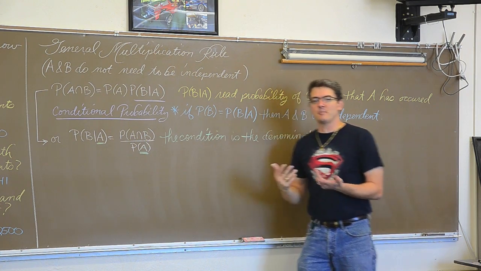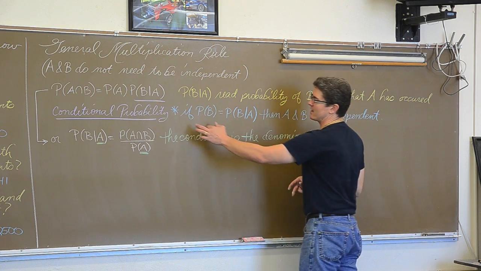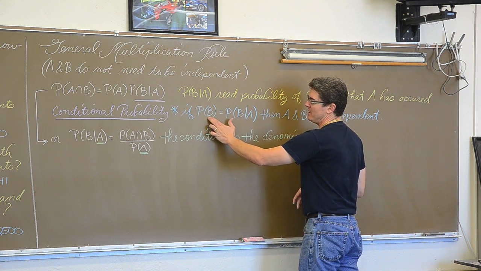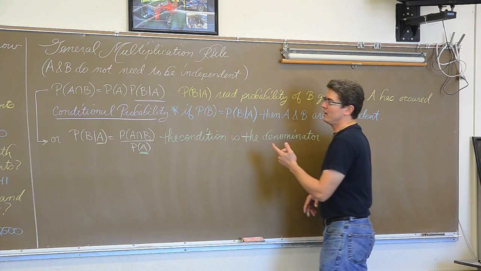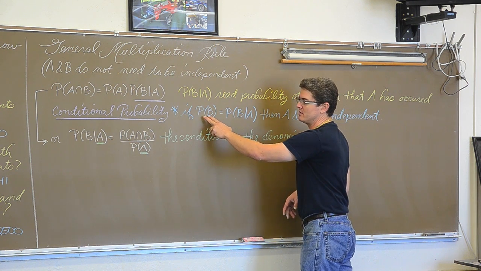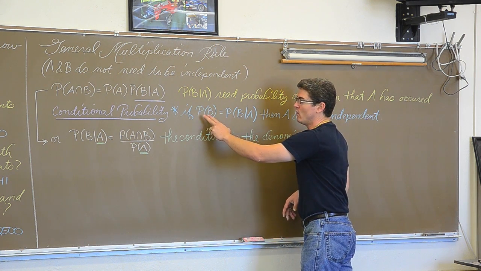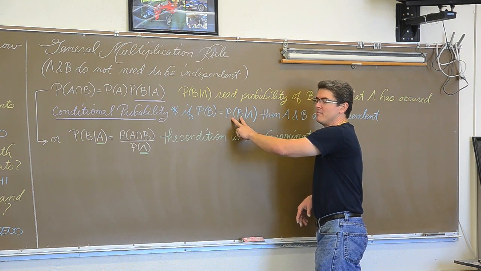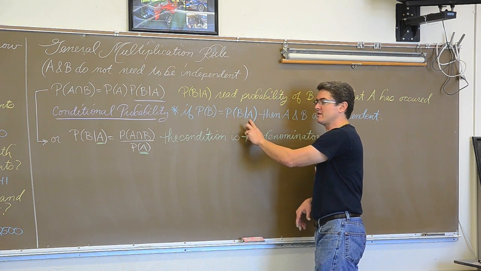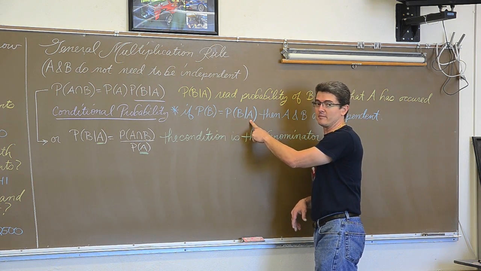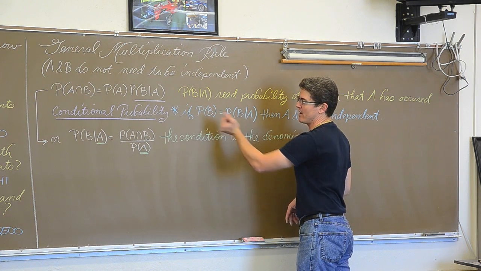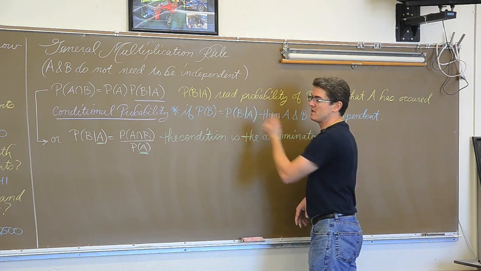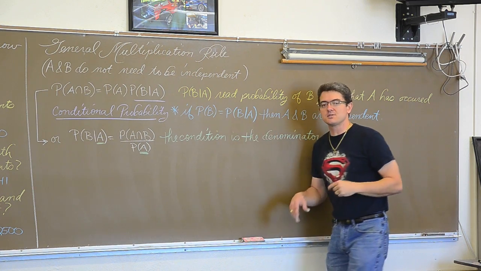It may be that it's independent. If you have enough information, you can check, is the probability of B equal to the probability of B given that A has occurred? If the probability of a student passing the exam was the same as the probability that a student passing the exam given that they did well in my class or poorly in my class, then that would show that the passing rate of the exam was independent of the success in my class.